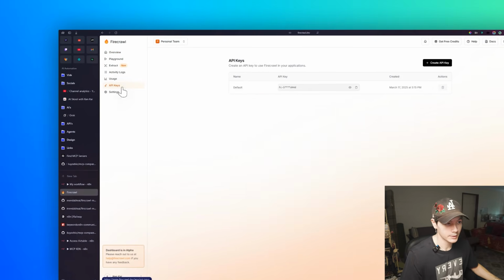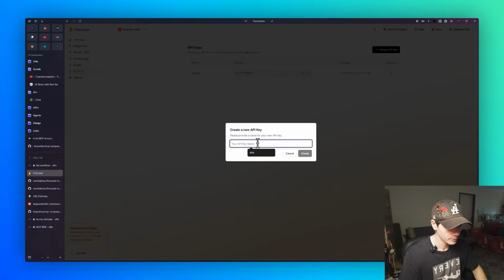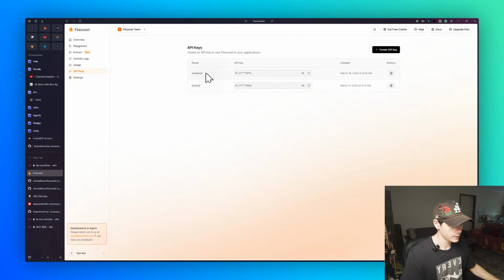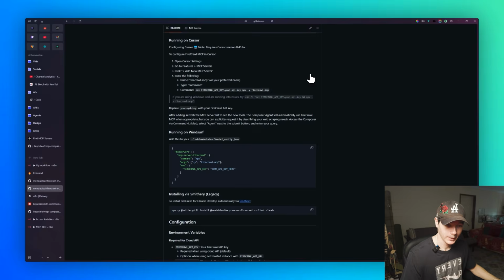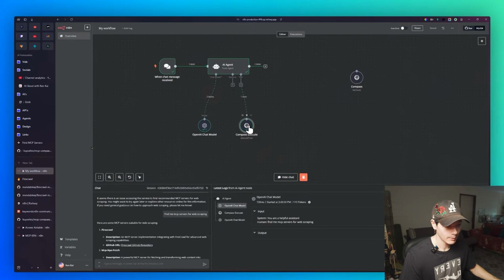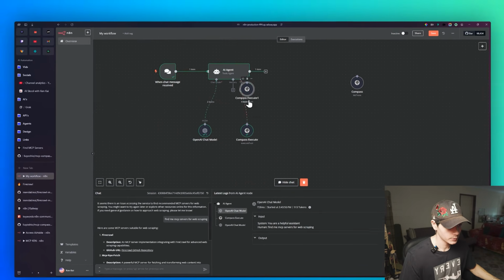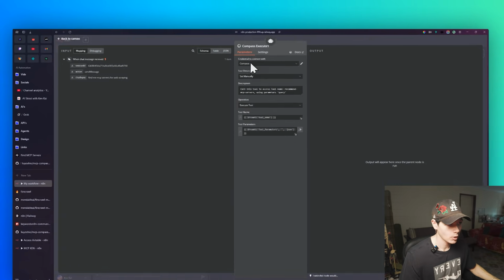So we're just going to go to API keys on the left. We're going to create an API key here. Just name it. So you can put whatever. Now I have that key, and all I'm going to do is just copy the code, okay? We're going to jump back to n8n. Now, from here, I'm just going to duplicate one of these previous MCP nodes, okay? So I'm going to duplicate that, move it along here, connect it to the AI agent,